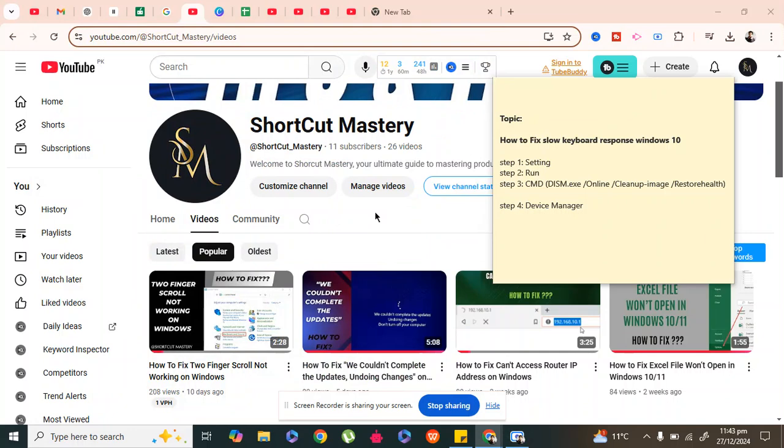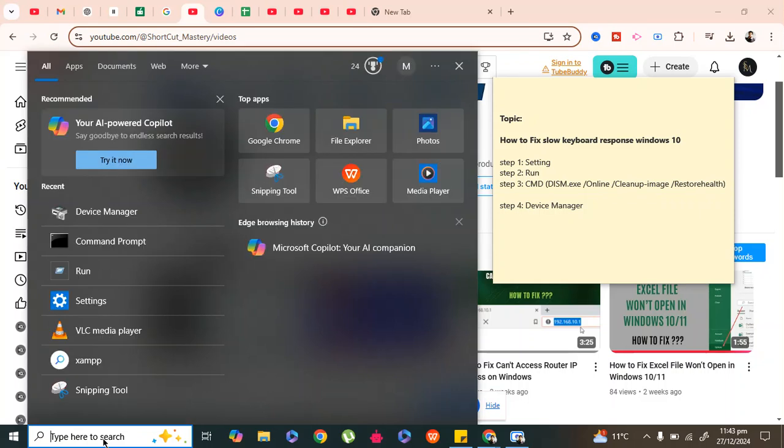So in today's video, we will fix the issue of slow keyboard response. If your keyboard is working slow, we will fix this today. Firstly, you have to go to step 1 and just type in the search bar settings